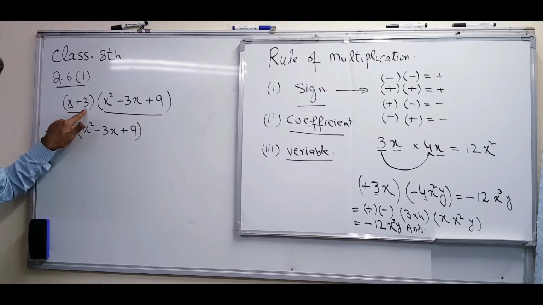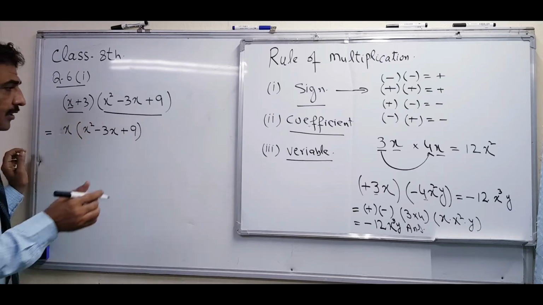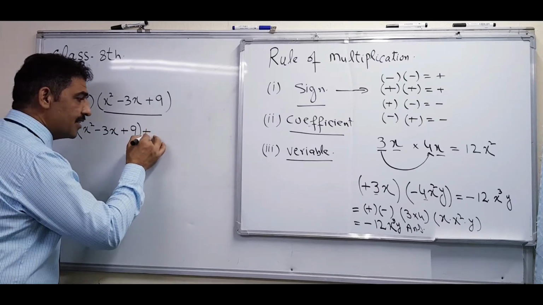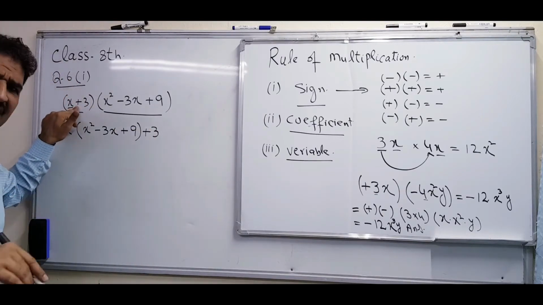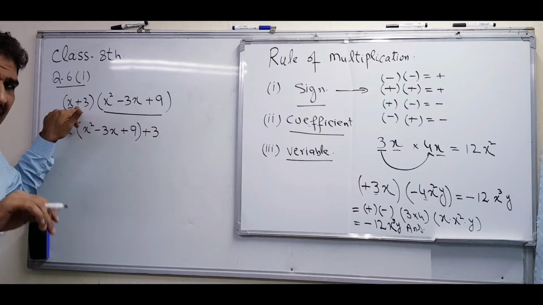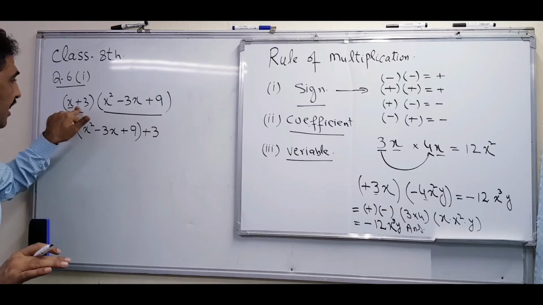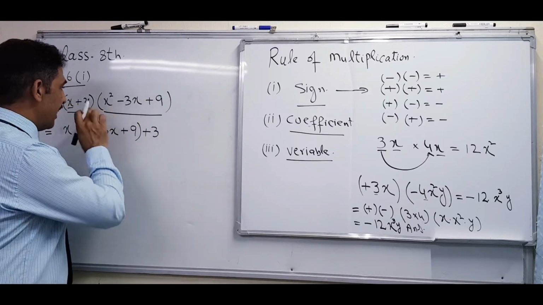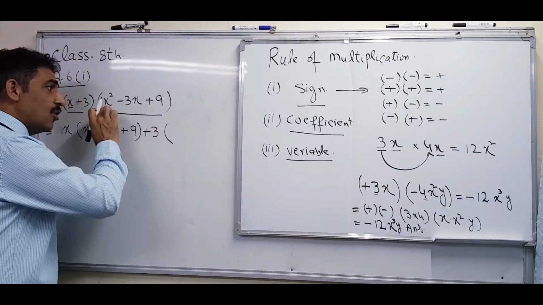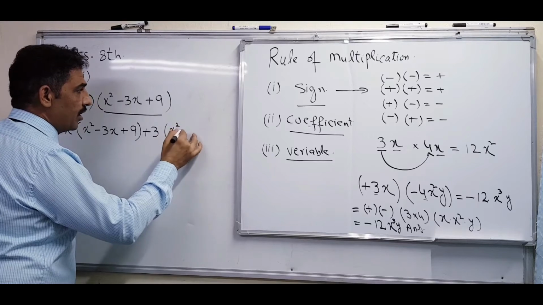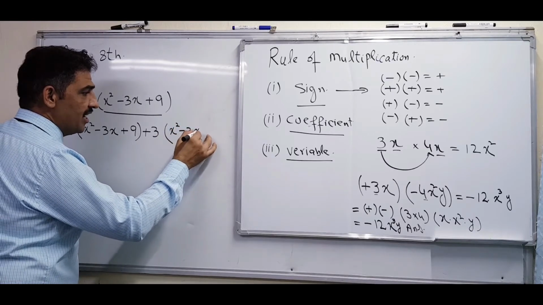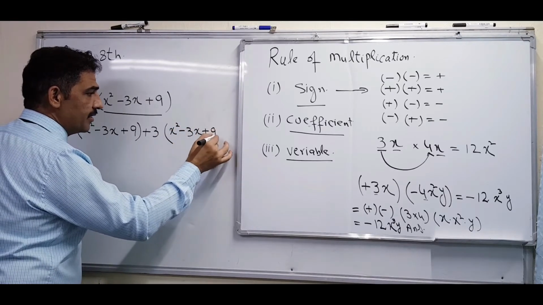3. So we have to multiply by 3. Yes, but what is before that one? This sign plus. So this is the plus sign, plus 3. If there is a negative number, then you will write negative, or if a positive number, write positive. Any number you have to write that. Then after that you will write the number 3, and 3 will also multiply by the whole bracket. That will become x square minus 3x plus 9.